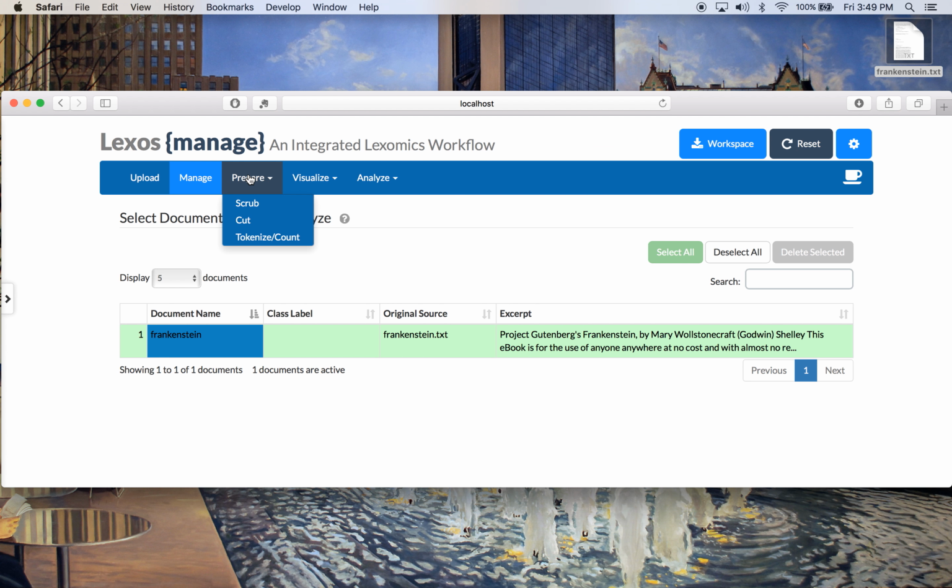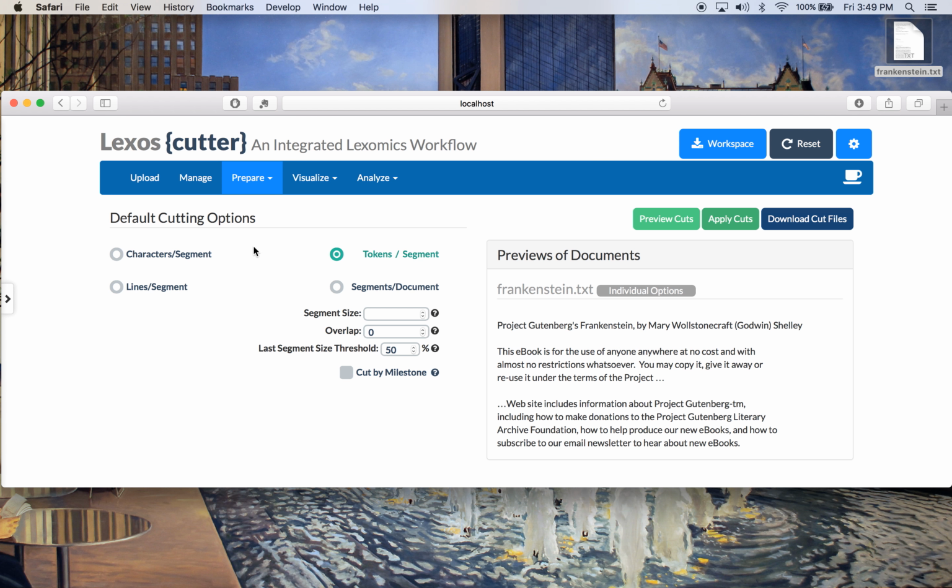The tools in the Prepare category of the upper menu all involve getting your text ready for analysis. These tools allow you to screen and filter your text, cut it into segments based around specific characters, words, and n-grams, and do it all in highly customizable terms. Today, we'll quickly demonstrate Lexos's cut functionality, so you can get a better feel for how a typical Lexos workspace